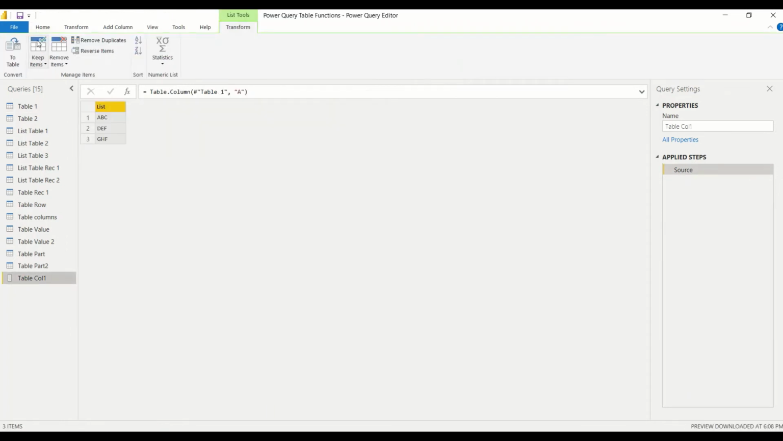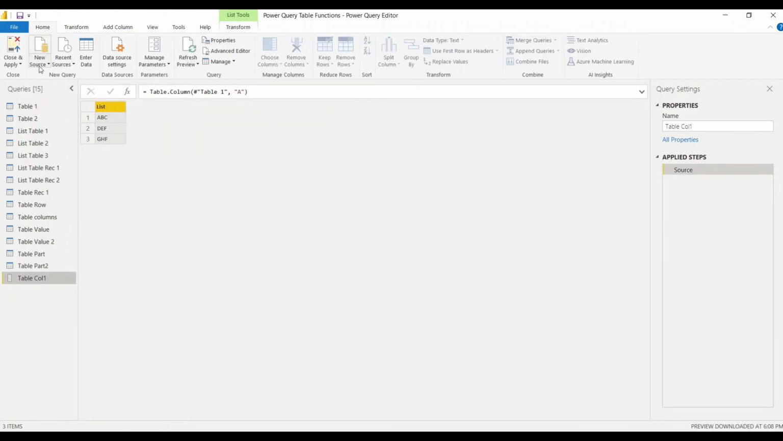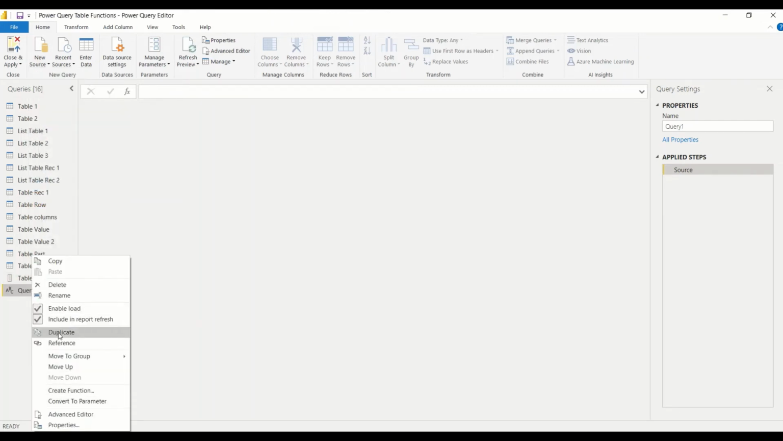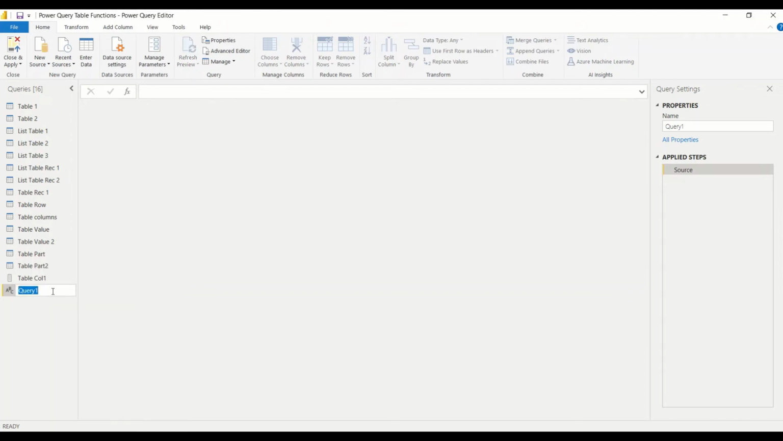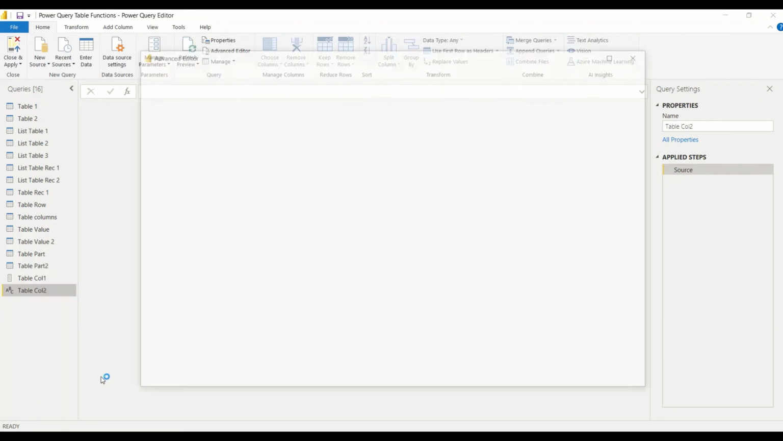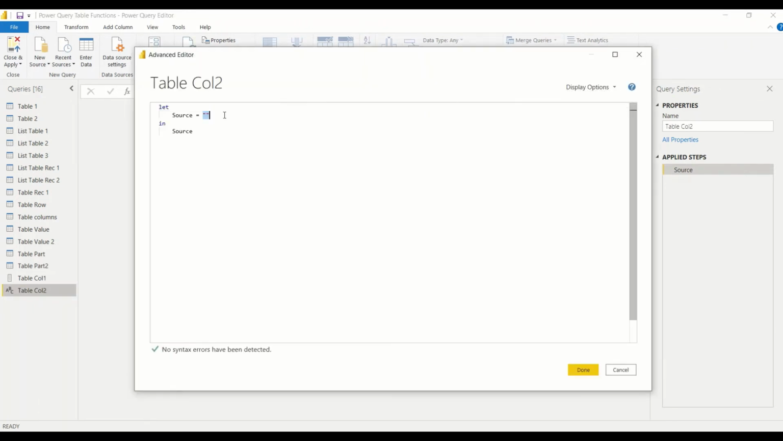Okay, so let's create one more source for that. Let's go to Home, New Source, Blank Query, and let's rename this. Right click and there is an option for rename. Fourth option, Table Call 2. Now I go again, right click and say Advanced Editor, and there this time I say